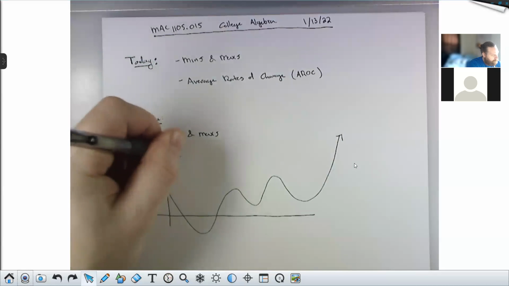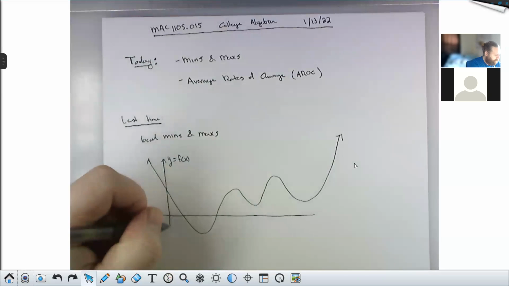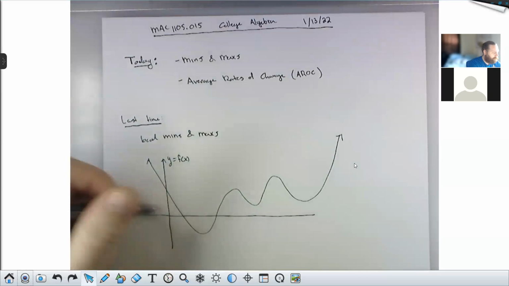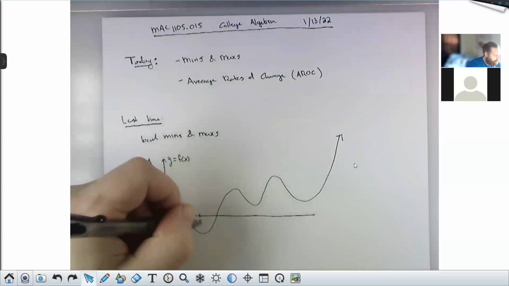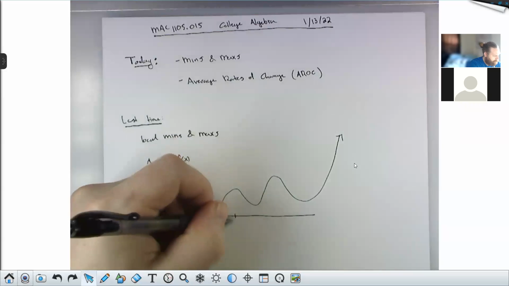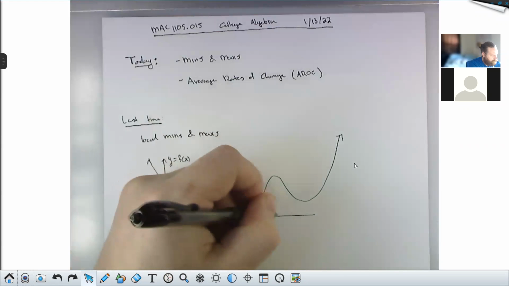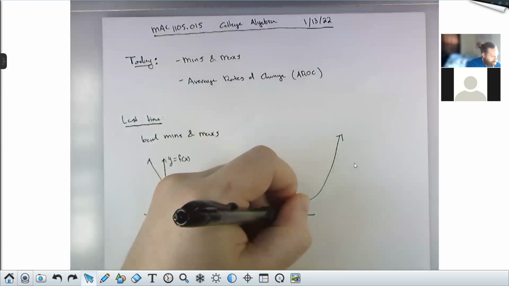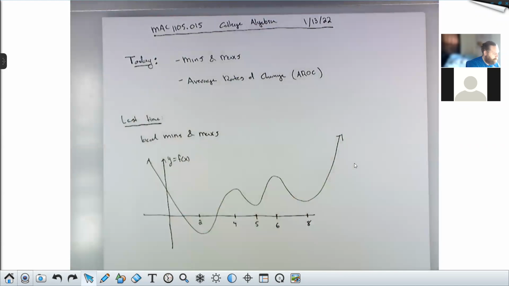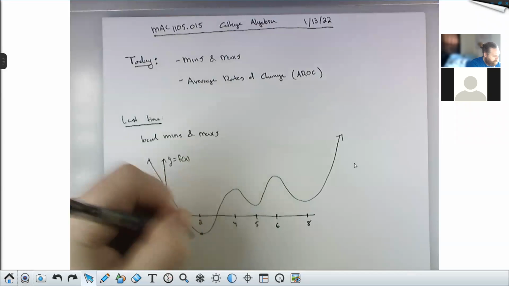So if I have the graph of a function f here, let me go ahead and make this quite concrete. Say this point right here,